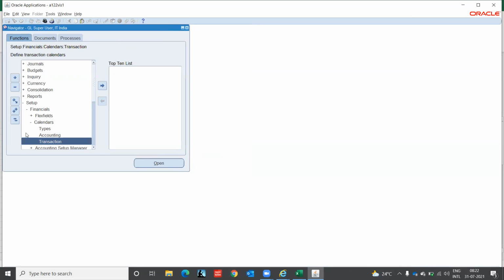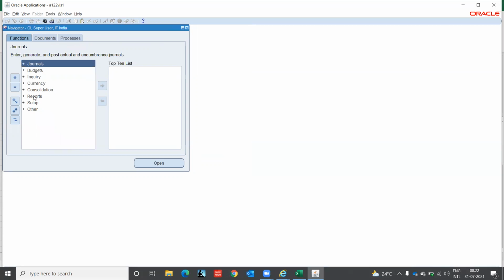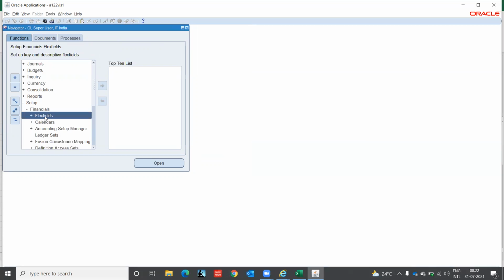So after defining calendars, under the setup, we now have to go to the flex fields. Flex fields, key and descriptive. Descriptive flex fields capture the additional information for which Oracle does not provide us any field. Let's say you want to capture the